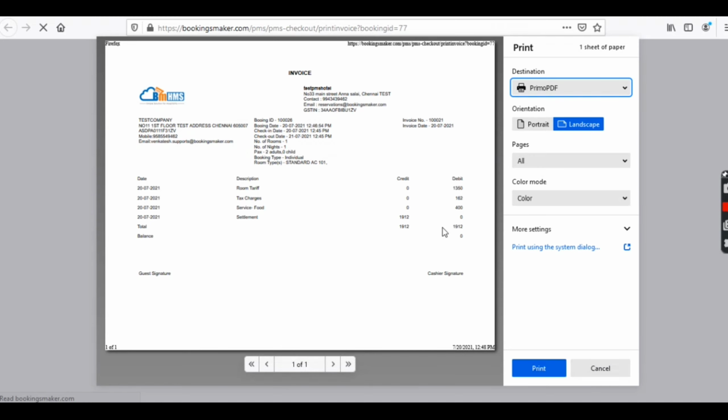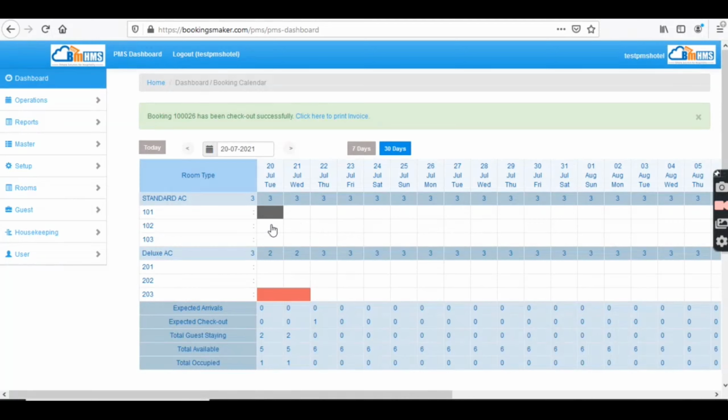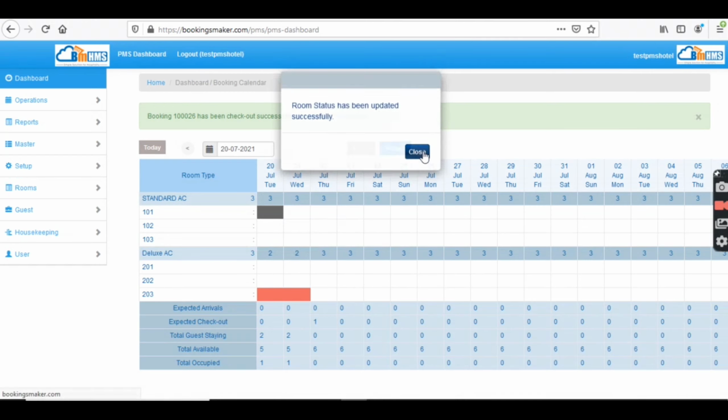Then we will see walk-in check-in. Earlier we did a reservation check-in, and the walk-in check-in we can do here. Reservation checkout invoices can be printed here. Also, in the reports we can take them anytime we need for reprinting bills. Now we can clean the room after checkout. So clean my room, and the room will be cleaned.